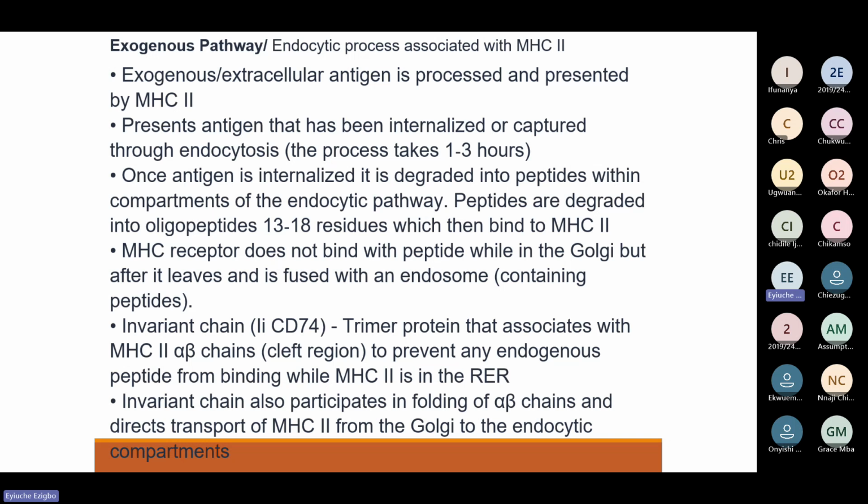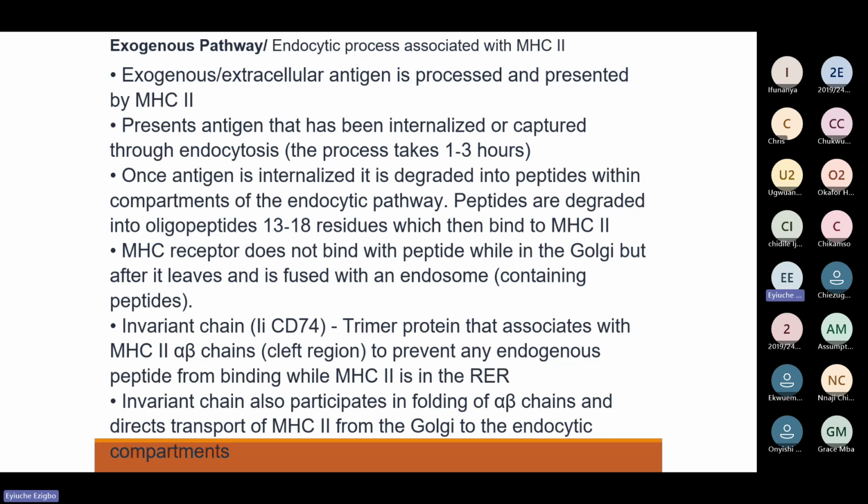The MHC class 2 does not bind peptide while in the Golgi, but after it leaves and fuses with the endosome. We have some invariant proteins that prevent any endogenous peptide from binding